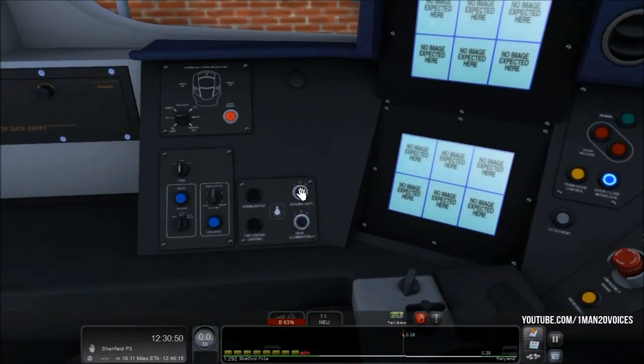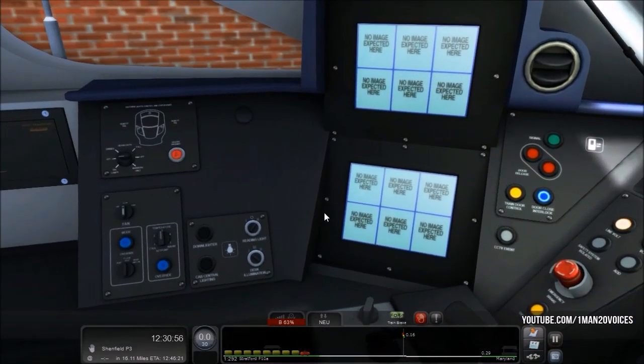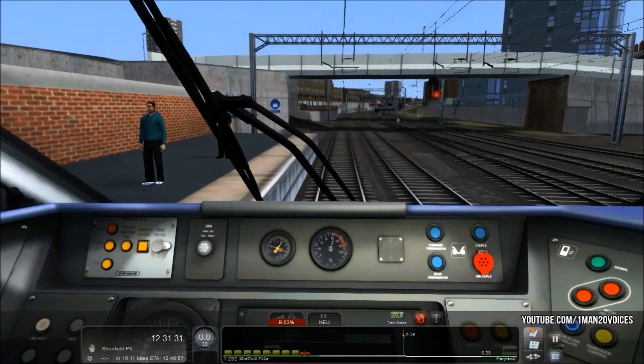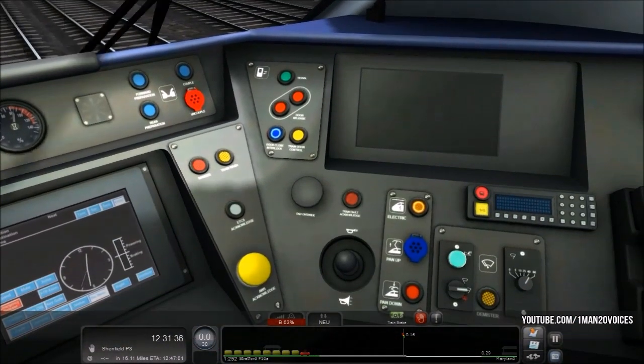Let's check things out. What's this? Reading light. That will be useful because when I'm driving a train, I really want to read a book at the same time. Oh, people! This is one of the new features in Train Sim. Dovetail Games said, "What's happening? I want to..."